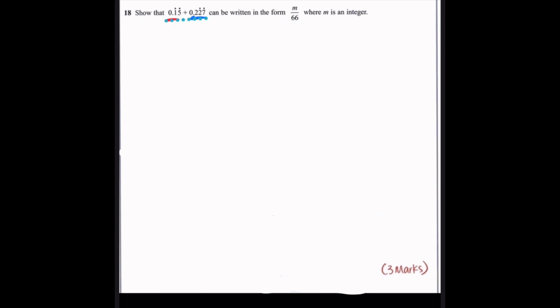So first I'm going to get the red number as a fraction, and then I'm going to get the blue number as a fraction. Don't try and do it together, because this is when the question becomes really complicated. So I'm going to put x equals 0.15 recurring, so both of these are recurring, so it's 1, 5, 1, 5, 1, 5. I'm then going to times this by 10. 10x equals